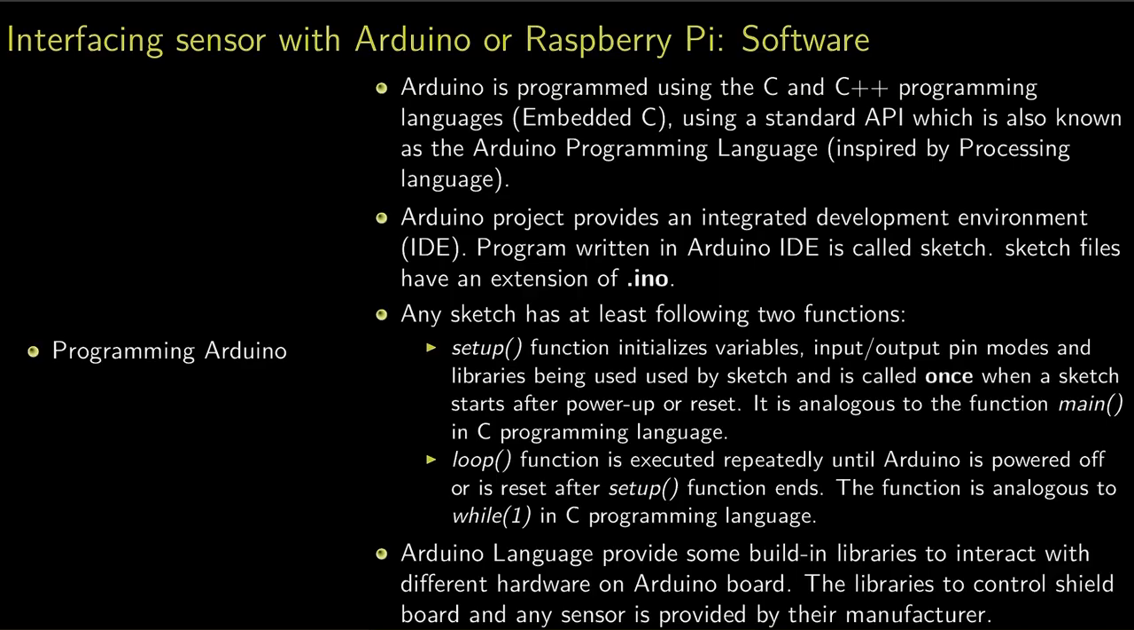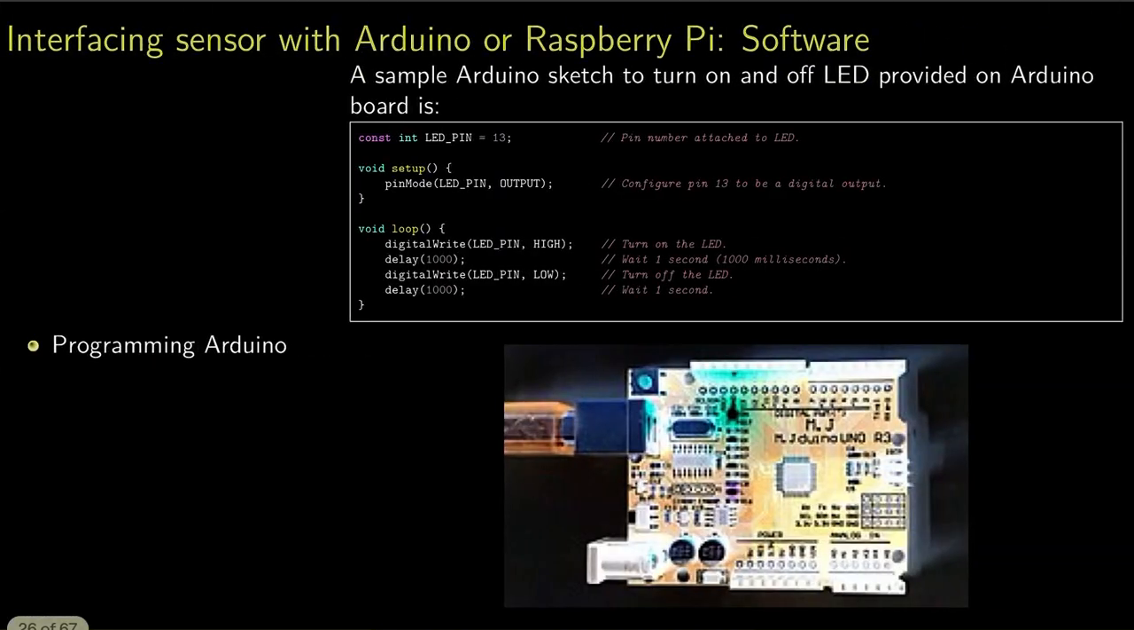Now we have the Arduino language provides some built-in libraries to interact with different hardware on Arduino board. The libraries to control shield board and any sensor are provided by their manufacturer. So now we have the interfacing sensor with the Arduino Raspberry Pi, this is a simple basic code that we can run. A sample Arduino sketch to turn on or off LED provided on Arduino board. This is a sample Arduino file that we can say. So this is the programming of Arduino. Okay,